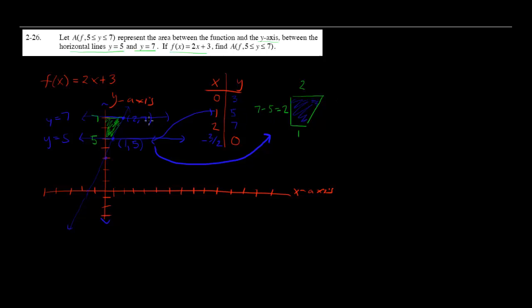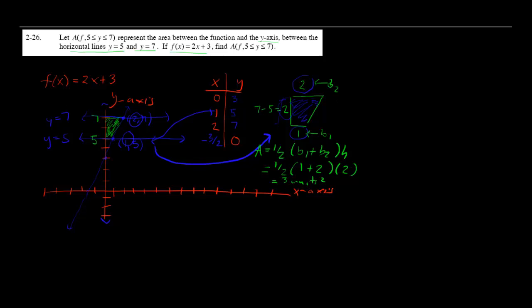And we know that from the x value in each of these, the base is 1 unit over here, and this base right here is 2 units. And the height goes from 5 to 7, remember, so 7 minus 5 is 2, so the height is 2 units. We know that the area of a trapezoid is equal to 1/2 times base plus base times height. So we just plug those in. We know the bases, doesn't really matter which one's which. The base here is 1, the base here is 2, so we add those together,